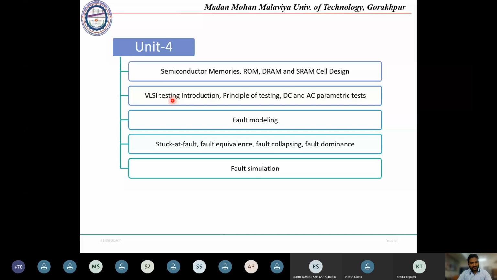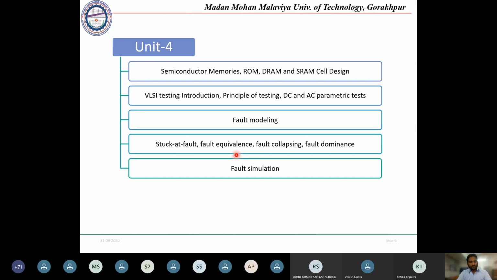This testing of chips will be done by VLSI testing. There are different methods to check the chips. We will be going for fault modeling, stuck-at fault. These are the different processes by which we can detect faults in any manufactured chip.